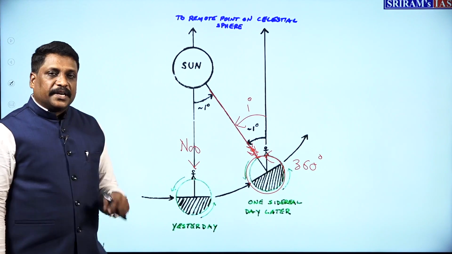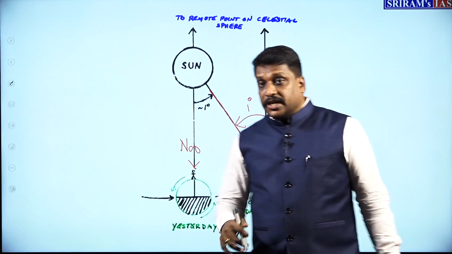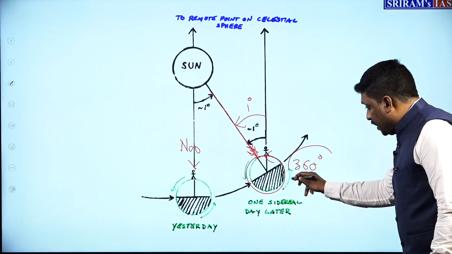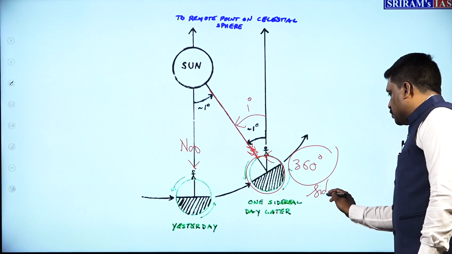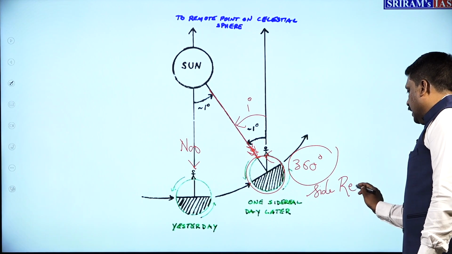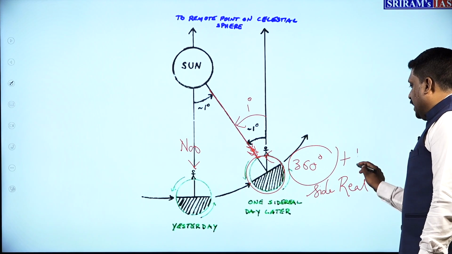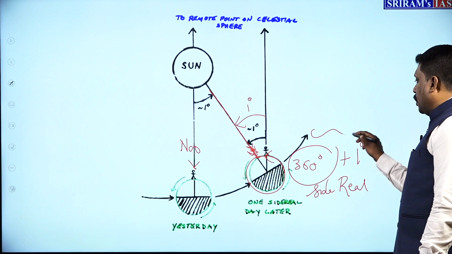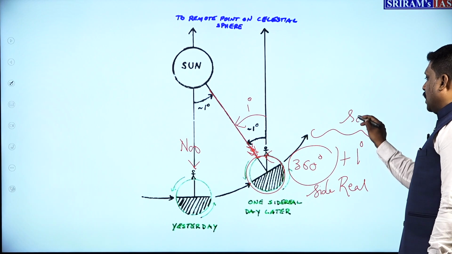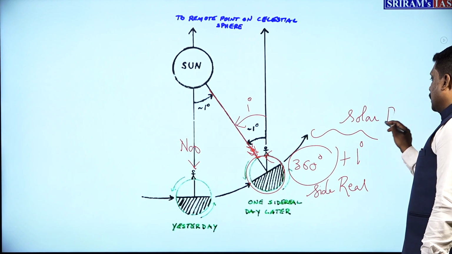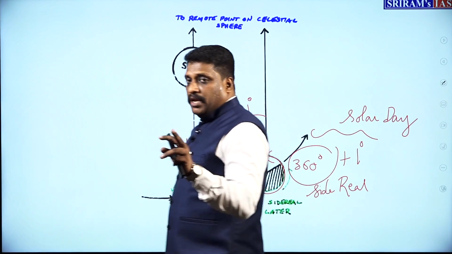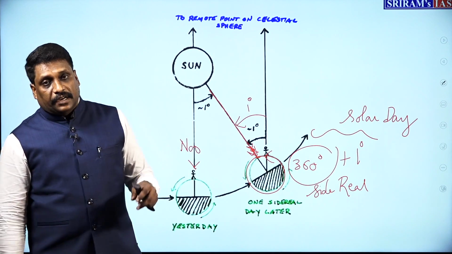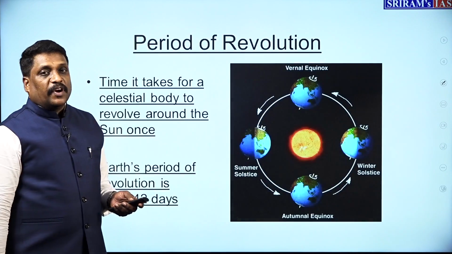Okay? Now I understand what exactly is sidereal day and synodic day. This 360 degrees of rotation, you call them as what? Sidereal day. And plus 1 degree of adjustment put together, you call them as what? Solar day. Right? Very important. Now, if I can understand the difference between sidereal day and synodic day, one more time, my dear friends,